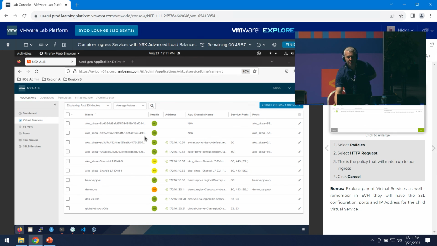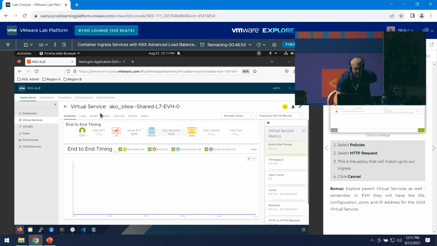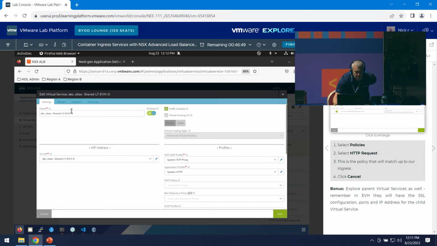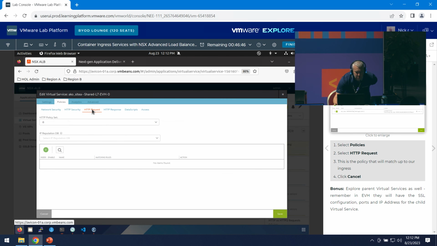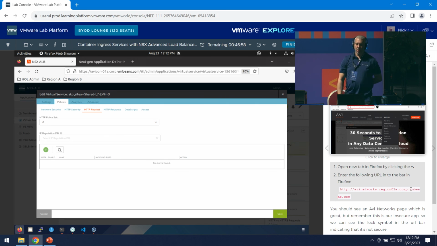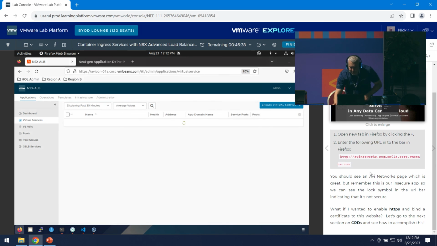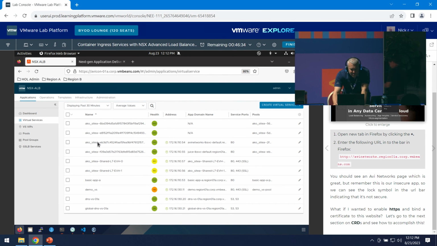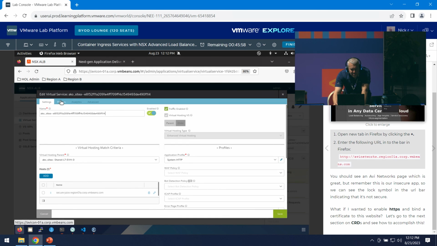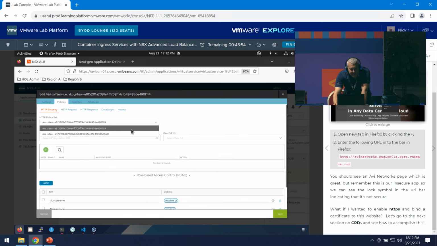But we can show the request policy on the parent, which I believe is on the shard, right? So this is supposed to show the content switch thing, but I'm obviously doing the wrong thing. We know it worked in the browser. You're going to be able to go in there and see where it comes in based on a URI path, and it's going to send you to the correct member of the pool group. If I can only find it in here. Hopefully you guys who are following along better can see it better than I can. There it is. So there's the policy set that gets assigned for the two different